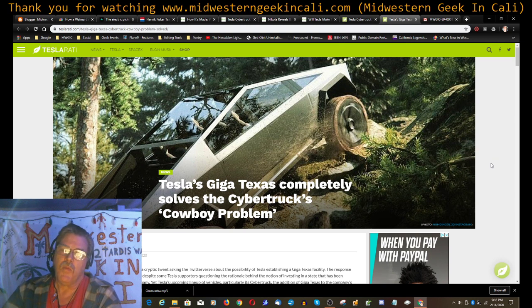It's going to make it more likely that folks in Texas will try out the Cybertruck if they're actually employed in making it and it's made there in their state. So Texas is by far the biggest truck market in the US, probably in the world. So this is a big, big deal for the Cybertruck. And this is where I think Elon Musk is crazy like a fox a little bit.